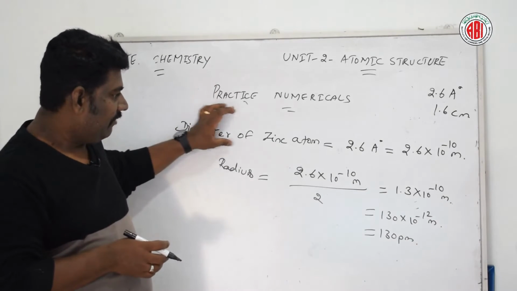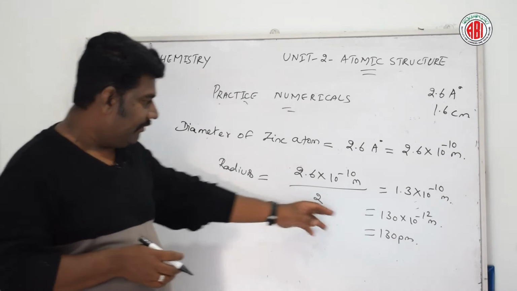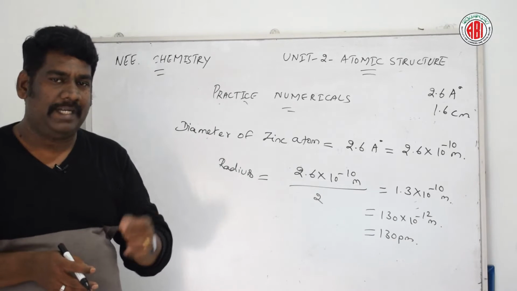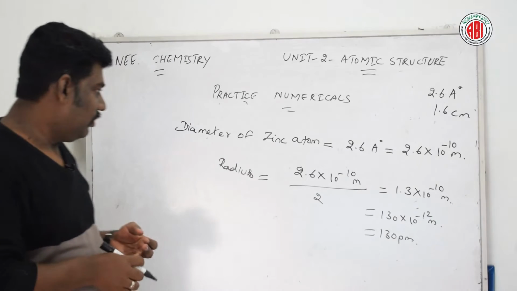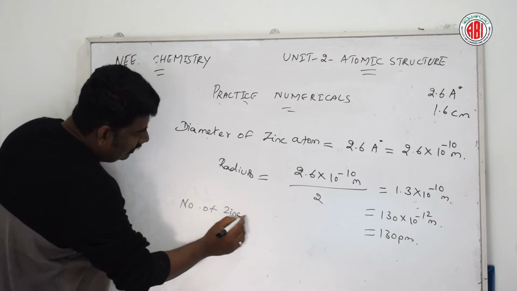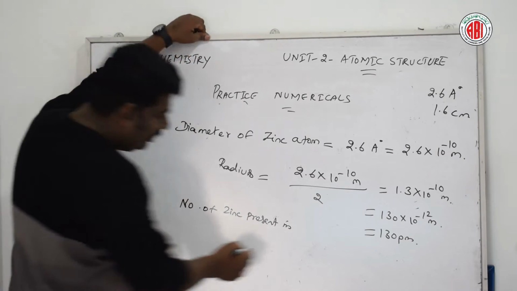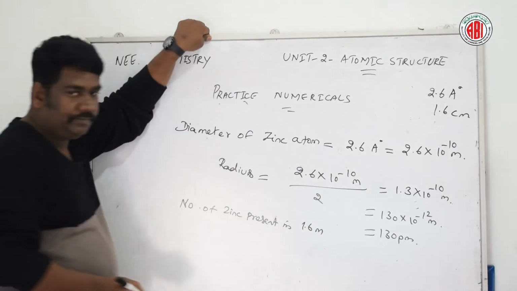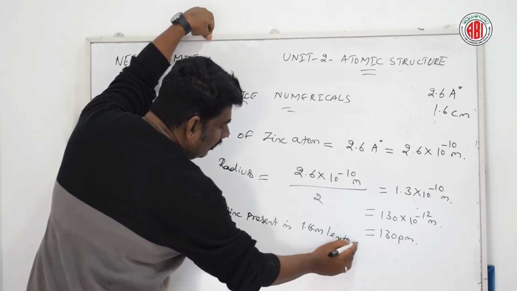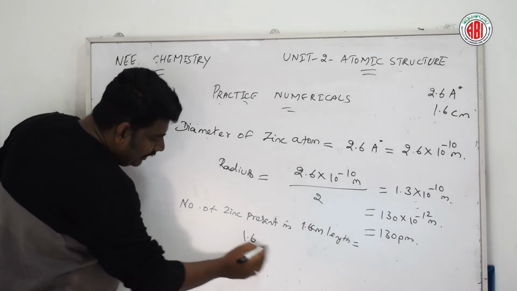So we know the diameter of the zinc atom and we know the radius of the zinc atom. We have the value for this radius. Now let us see the number of zinc atoms present in 1.6 centimeter length. So the number of zinc atoms present in the 1.6 centimeter given in the question length,